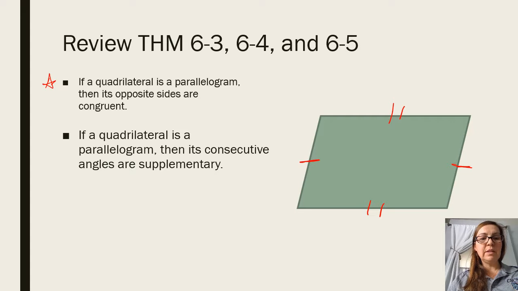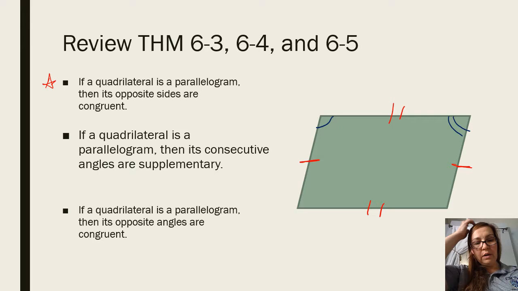The next one is, if a quadrilateral is a parallelogram, this is 6-4, then its consecutive angles are supplementary. Consecutive angles are angles that are next to each other. So this angle right here is consecutive with this angle, and they're supplementary, meaning they add to 180. Next is, if a quadrilateral is a parallelogram, then its opposite angles are congruent. So now we were talking about angles that are opposite, across from each other,